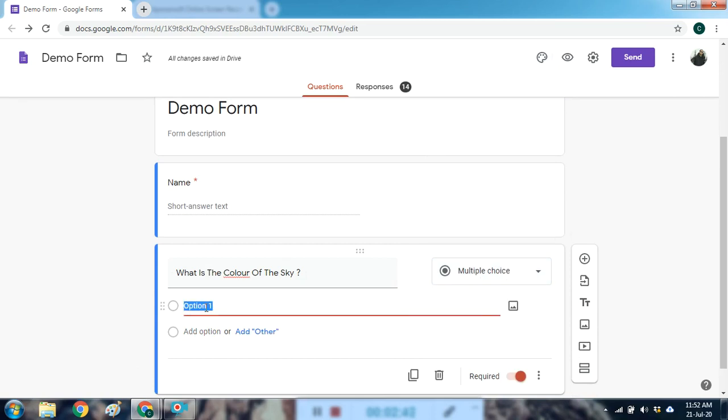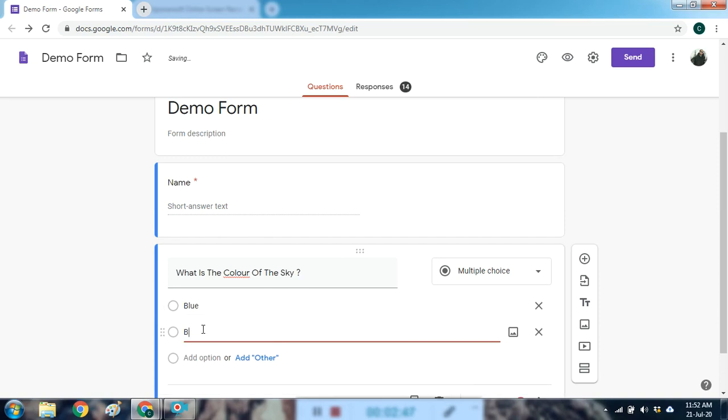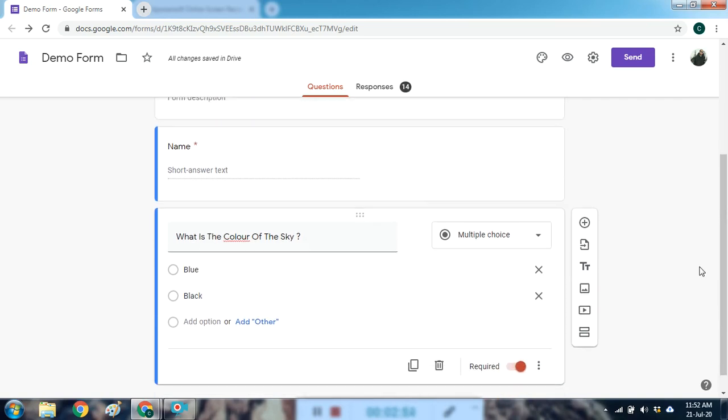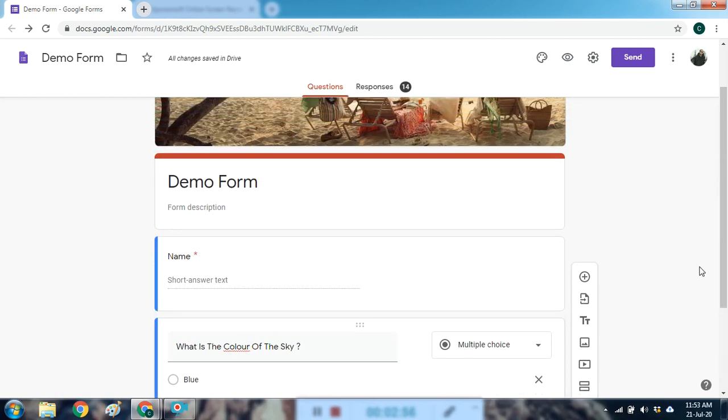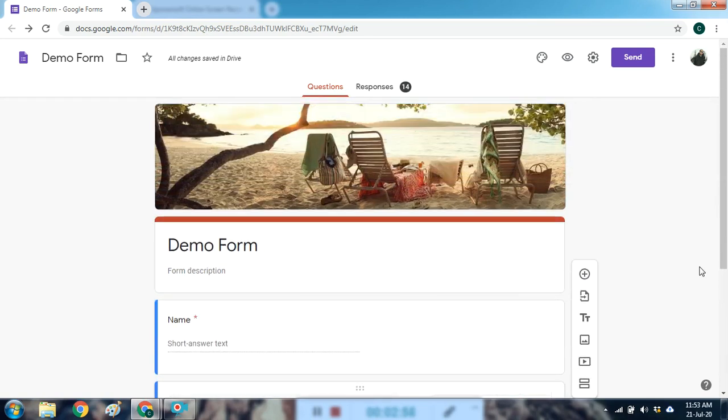We will say blue and we will say black, and they have to choose the answer. We keep both the fields required. So let's say this is the form that you have created.